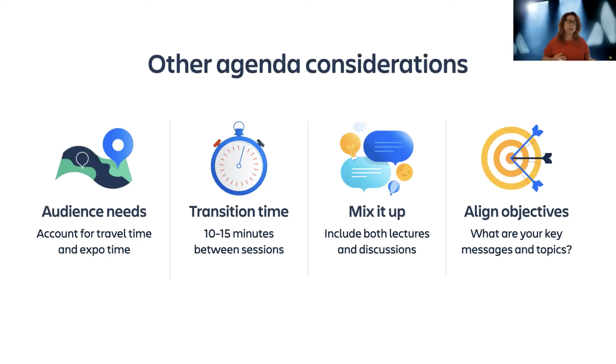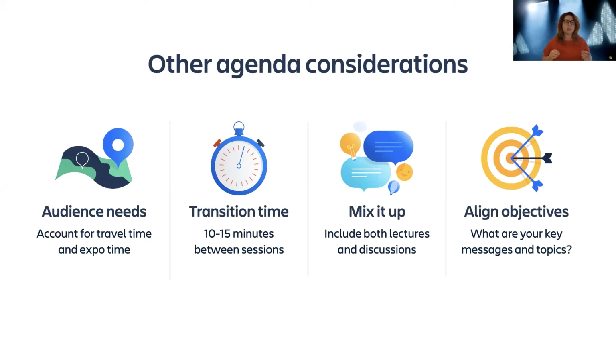Another consideration is if there are event sponsors or vendors present. Make sure that there's enough time for attendees to visit with them, like longer meal breaks, as well as networking elements. And be sure that you coordinate with your logistics team to include drinks and snacks for those longer breaks. As for the types of content, we suggest including both lecture and discussion and interaction style of content. Lecture styles include keynotes or breakouts and panels, while interactive styles include workshops, sessions with live Q&A, and roundtables. Programming these different types of sessions throughout the day will ensure that attendees stay engaged.